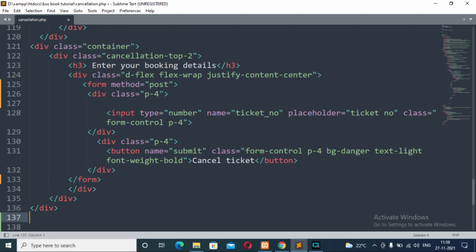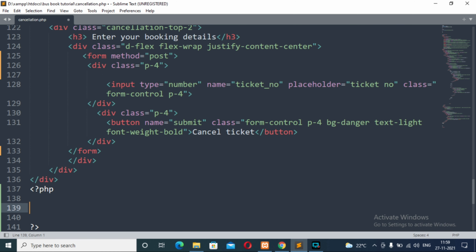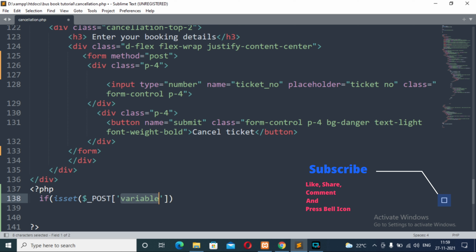Now we will open the PHP tag and close this tag, and in between the opening and closing of the PHP tag we will write some code. The post variable will be cancel ticket.